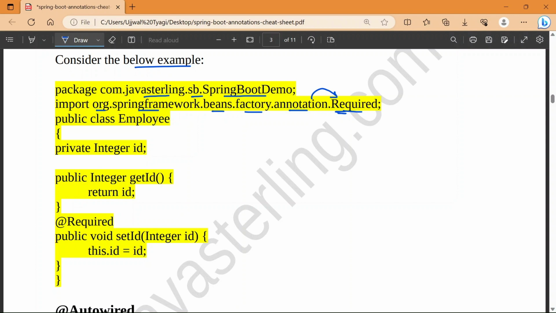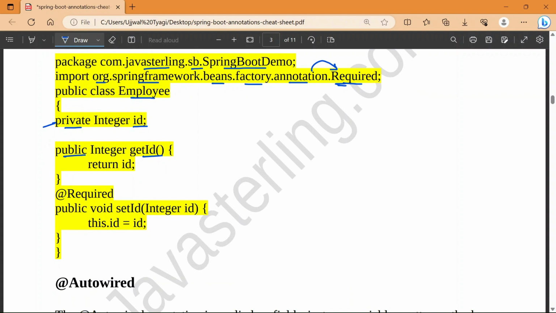So public class Employee, we have made a class named Employee, and in this body we have declared a private integer variable id and a public integer getId, so that it can be used. Why have we made it public and why have we made this private? We need to know that these are access specifiers. We need to maintain the object-oriented programming principles. So we have made this public so that it can be used anywhere in the program. We can access this ID using this getId method